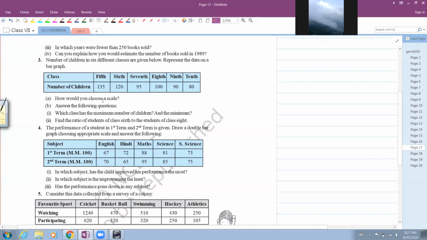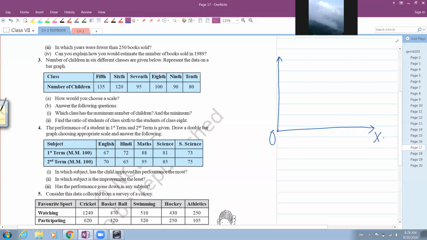Whenever you have to draw a graph, you have to choose a scale to represent these numbers. And if you remember, whenever you choose a scale, it always shows the table of the number. So if I simply had to draw a bar graph, you're going to start with a right angle, and this point here is marked as origin.